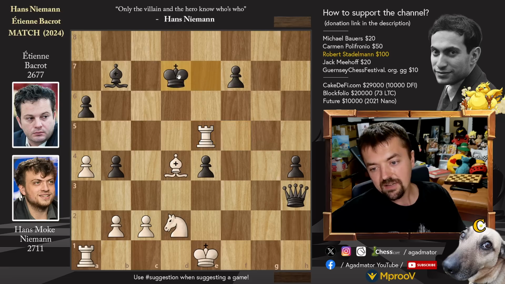After king to d7, how do you continue? Okay, you're going to play knight to f1. You have to guard the e3 square, prevent pawn to e3. Now comes the move that Etienne